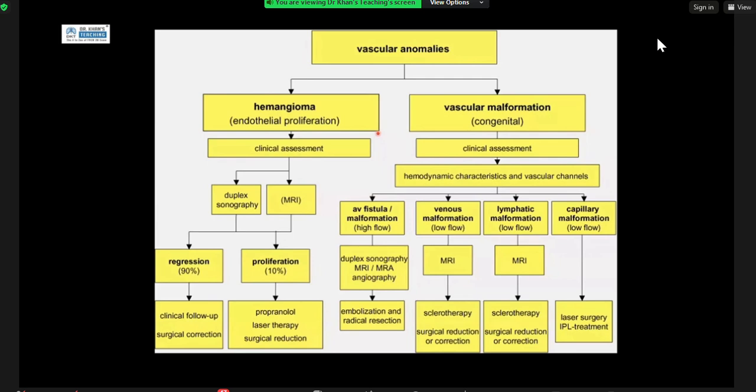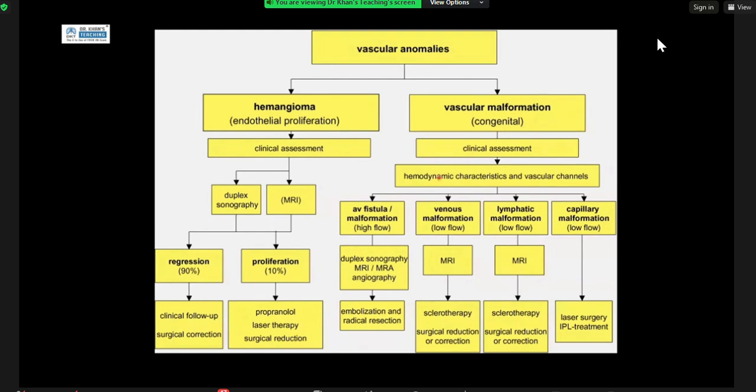I think there's an ISSVA classification from 2014, but vascular anomalies, if you're not sure what it is, that's the umbrella term. And then you can subdivide it into hemangioma or vascular malformation. And hemangioma, again, is more tumor-like. Vascular malformation is a more ill-defined area of dysplastic vessels. And you can then further subdivide it. Clinical assessment is important, okay, because history helps you go